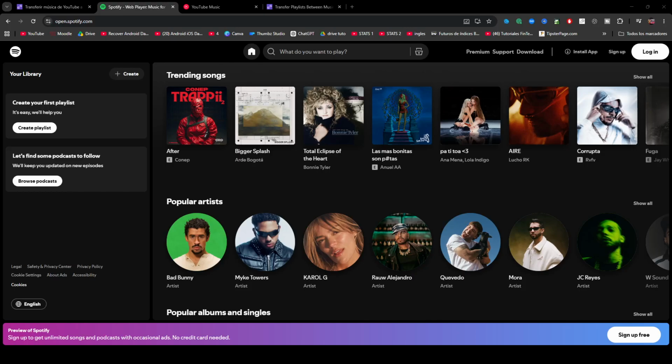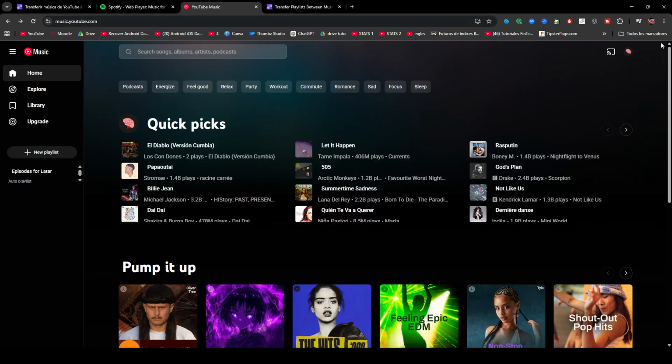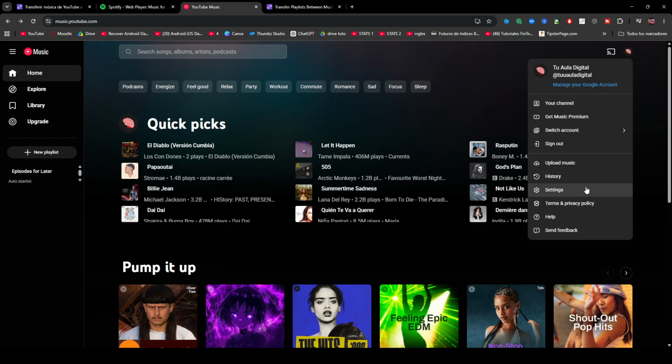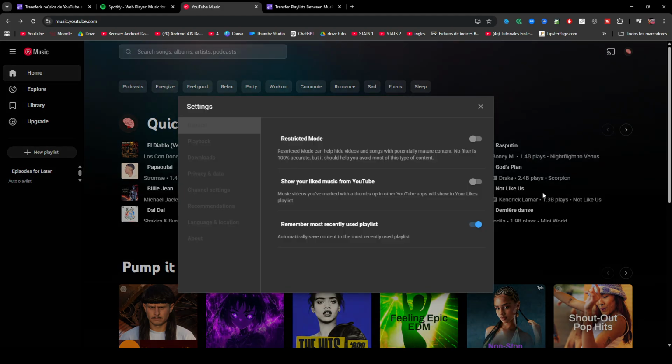How to transfer a playlist from Spotify to YouTube Music. Okay, how to do this? It's so easy. In YouTube Music, you go to the settings, and here we're going to